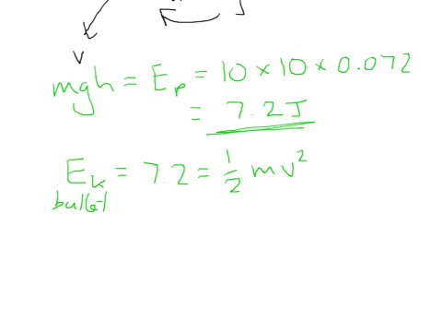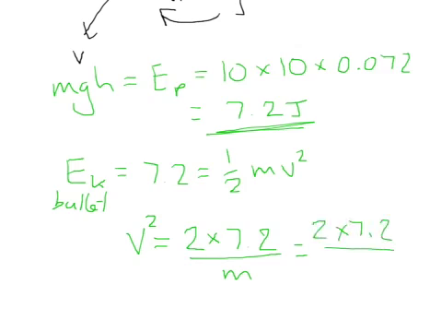So the mass of the bullet, well, let's rearrange this first. We're looking for V. We'll just start off with V squared because it's a multi-step calculation. I don't want to skip any steps and make it tricky to see. So we've got the half on that side, so we're going to multiply by 2, by 7.2. And then we've got the mass, which we're trying to get rid of, so we'll divide by the mass. And let's just write that out in full. 2 times 7.2 divided by the mass, which is